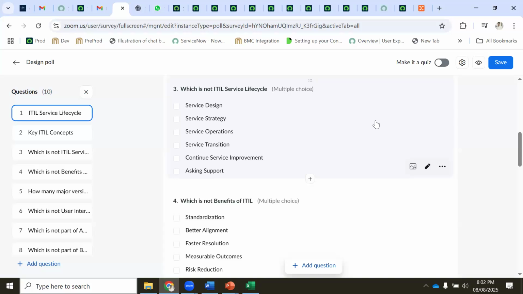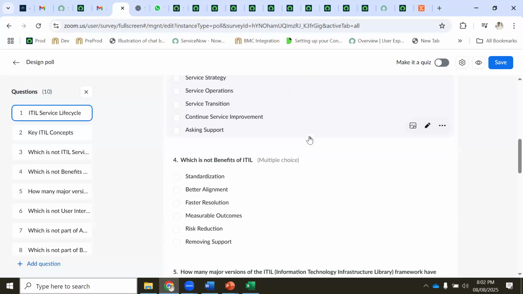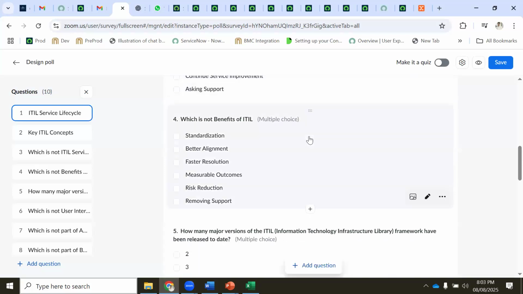So this is which is not. Again, which is not a benefit of ITIL.